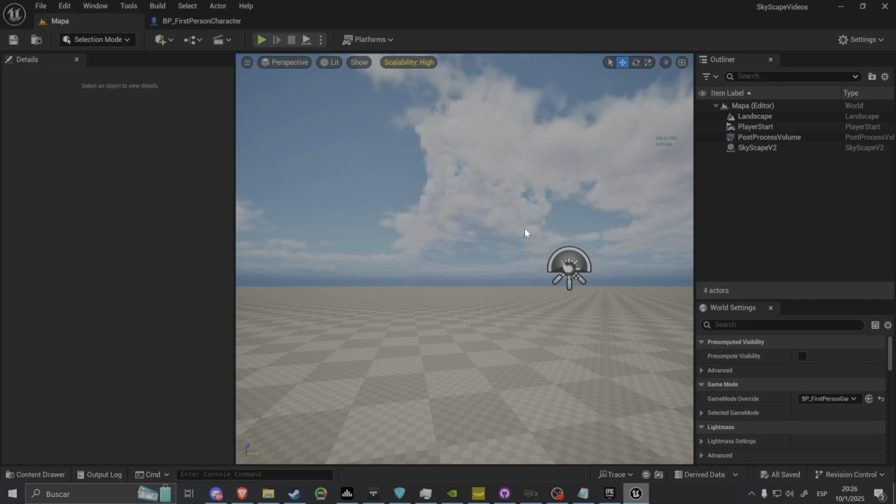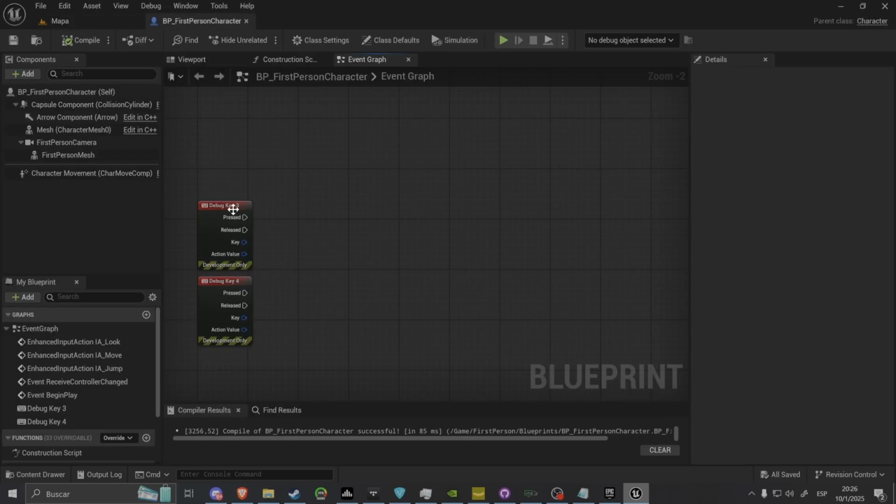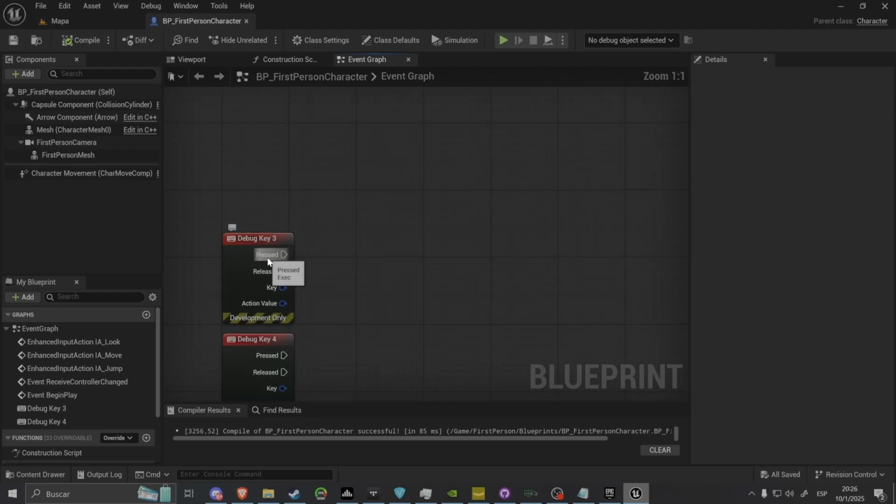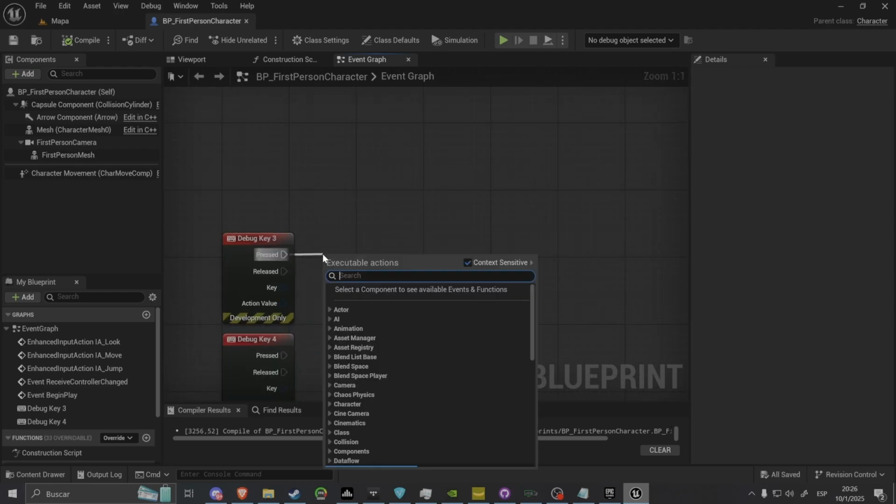Hello, this is part 7 of SkyScape. In this part, we will see how to make in-game changes with the character to change the weather. For example, if we wanted to create a system where the character changes the weather, we can do it quite easily. The first thing to do is to search